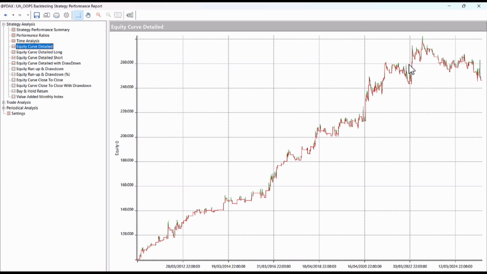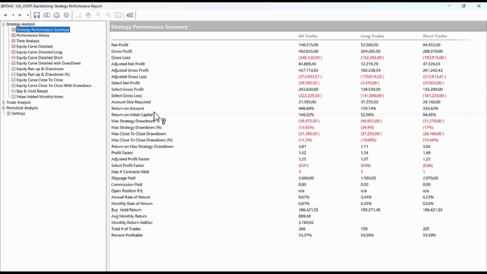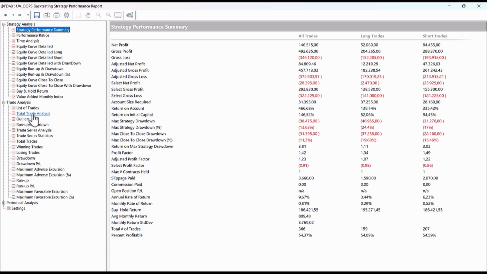Starting from late 2022, the equity curve begins to weaken, and the system enters a drawdown phase. Let's also take a look at the key metrics. This time, the total net profit is slightly lower at 146,000 euros, while the maximum drawdown is better than before at 38,000 euros. Thanks to the gap filter, the average trade is larger, landing at 400 euros overall.